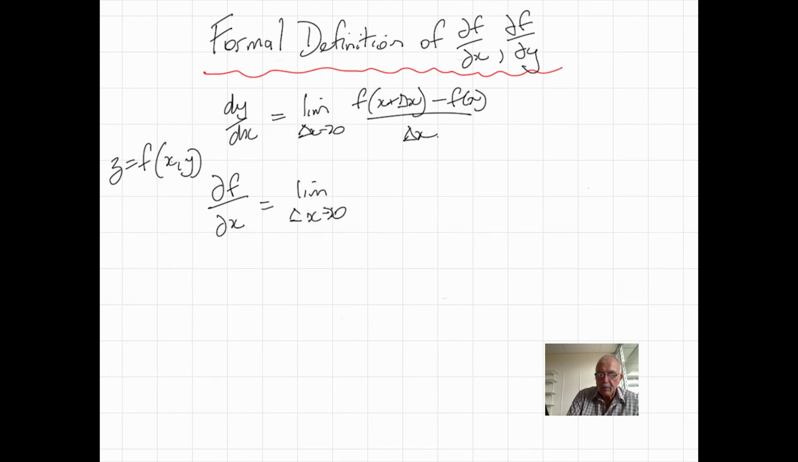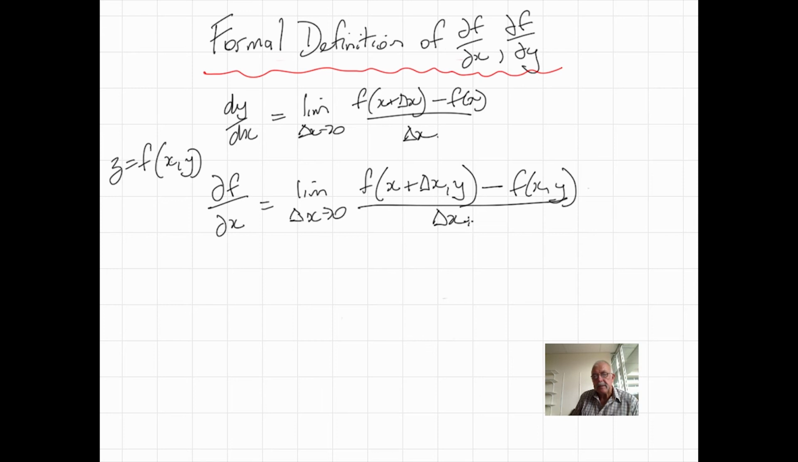Partial df dx is the limit as delta x approaches 0 of f. Now don't forget, f is a function of both x and y, so only x changes, so don't forget y stays constant, so that'll be f of x plus delta x, y, minus f of x, y, all over delta x. So that's the formal definition of what partial df dx is,